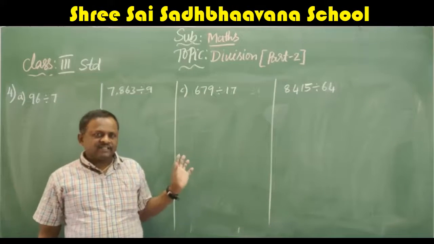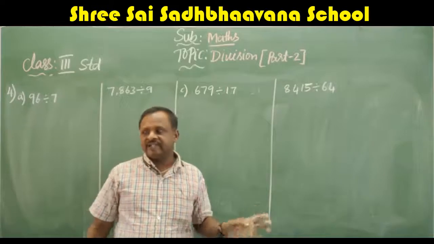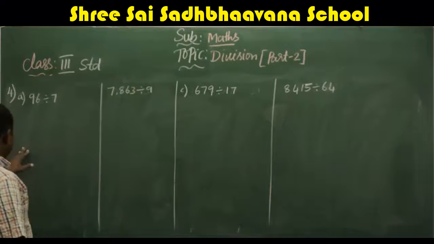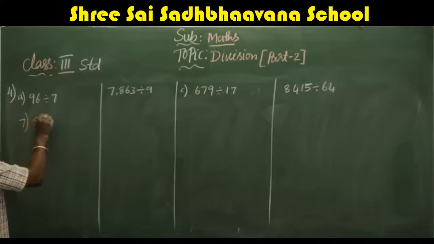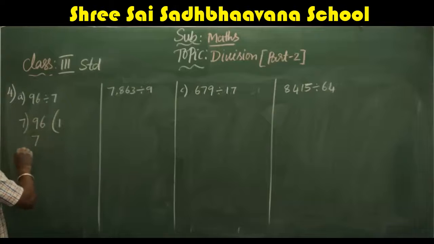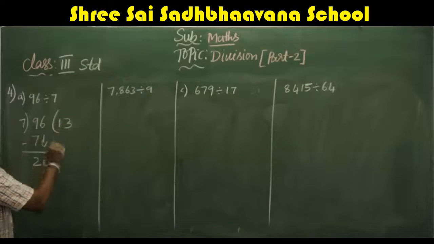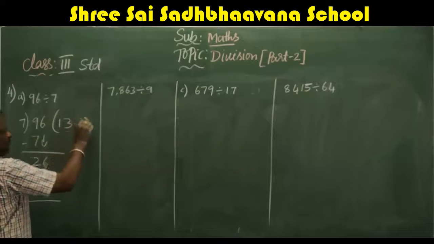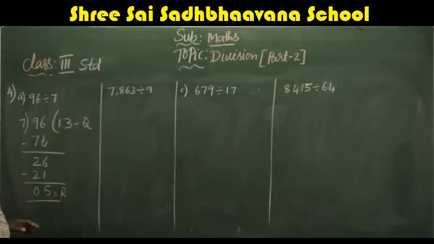Here in the fourth one, what they are asking is: write the quotient as well as the remainder. So we will divide by 7. You divide 96. 7 ones are 7, 9 minus 7 is 2. Take down 6. Yes, 7 threes are 21, because 7 fours are 28, it won't get subtracted. So 21, 6 minus 1 is 5, 2 minus 2 is 0. So what is the quotient here? This is the quotient, this is the remainder. Quotient is 13, 5 is the remainder.